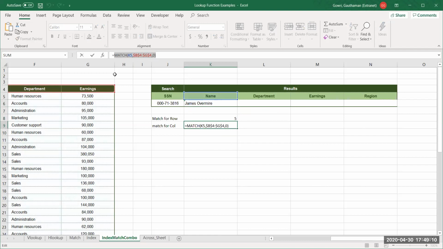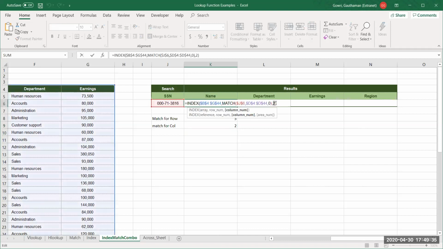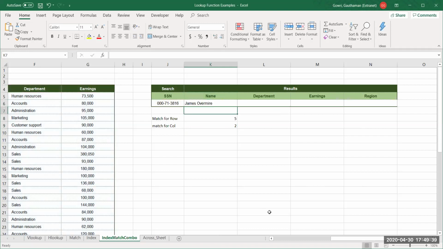I'm not copying the equals because for any function or formula, you give equals only once. We already have the INDEX function over there, for which we have already provided equals. So we are not going to use these equals again and again. We'll just copy the MATCH function, press enter. We'll go here, in place of 2, you paste it. After you're done with this, press enter.